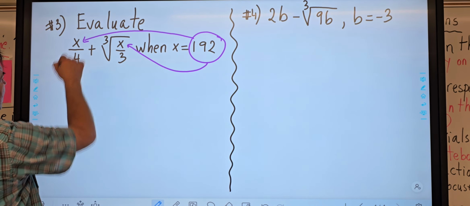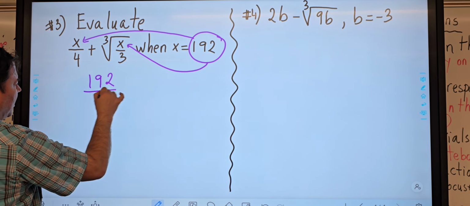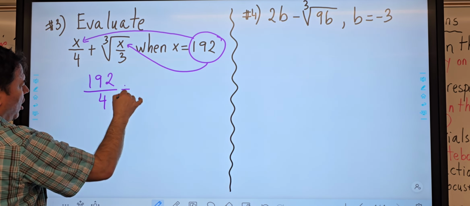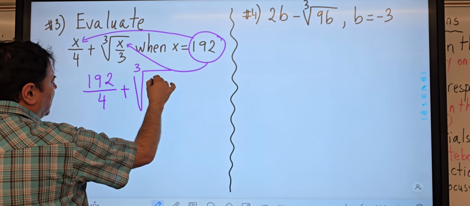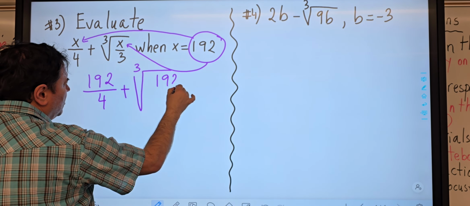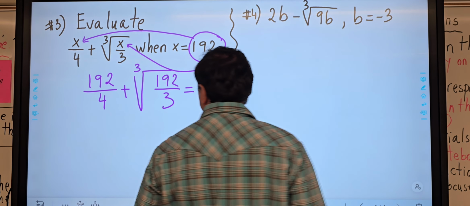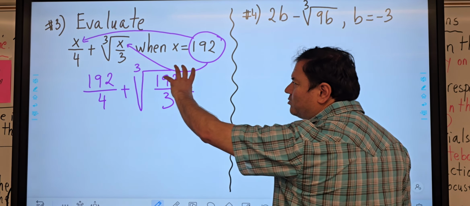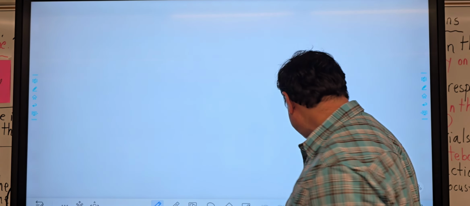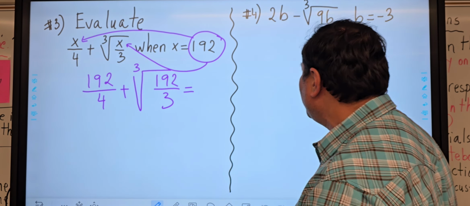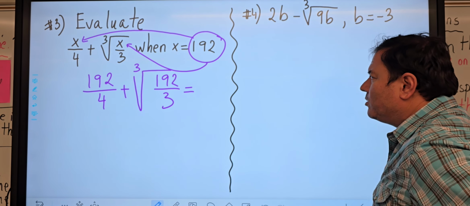So here we have, instead of x, now 192 divided by 4, plus we still keep the cube root. Instead of x, now we put 192 divided by 3. And now let's see what we get. Okay? First of all, we are going to simplify this fraction inside of the cube root and see what we get. Okay? So we have